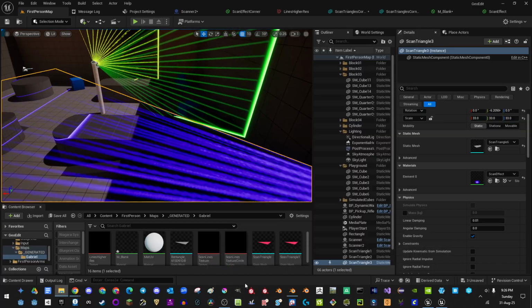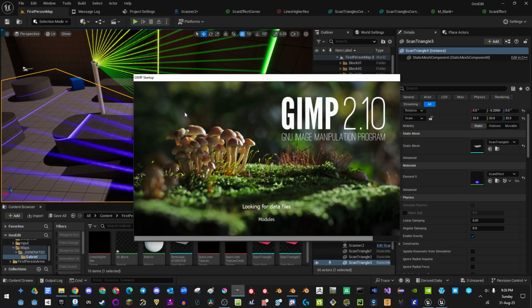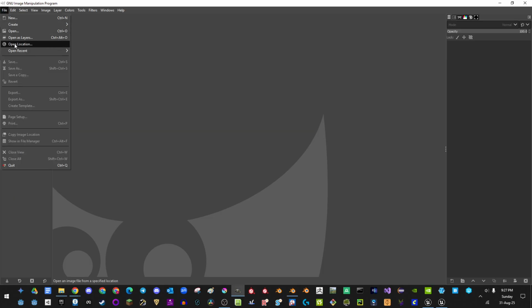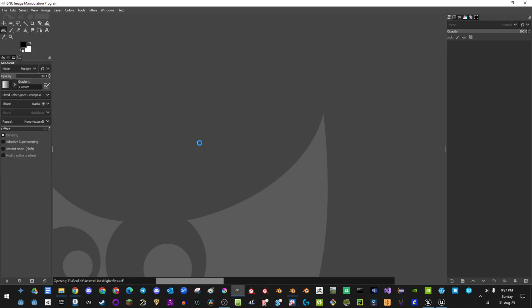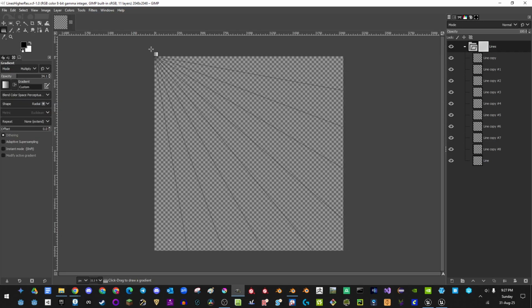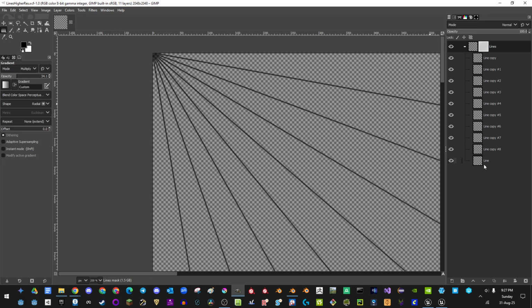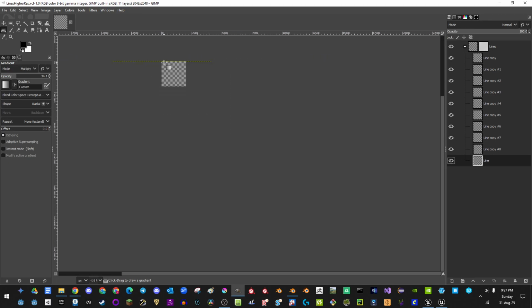I'm going to jump into GIMP really quick, since the way you make that is fairly simple. There's just a few things to keep in mind. So open recent, high res. I made this 2048 since the other one was low. And you basically just make one line. You have to make it